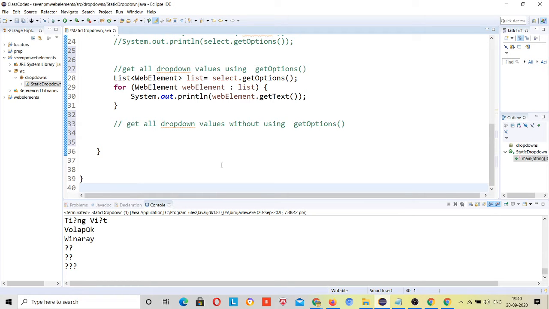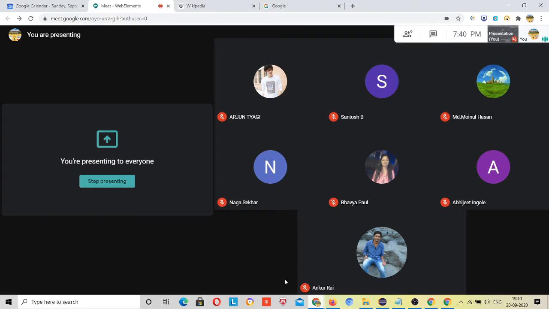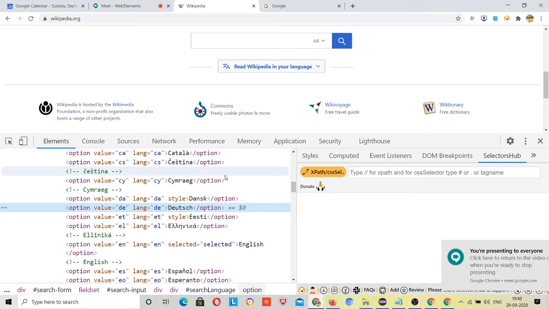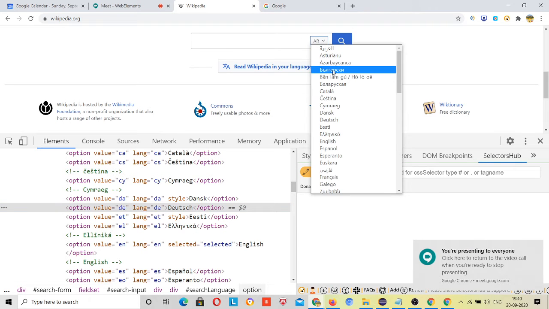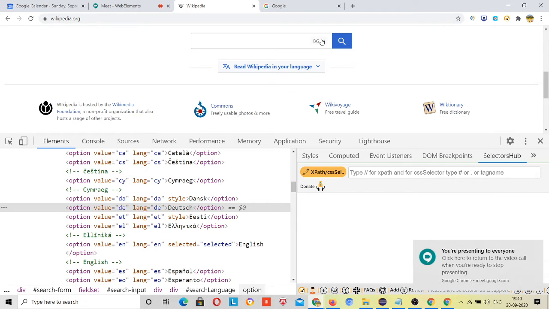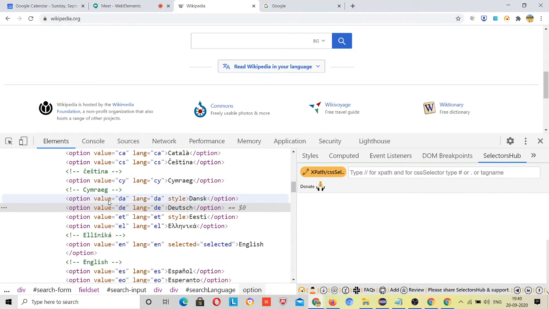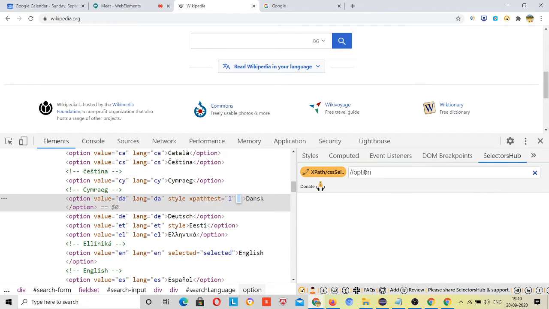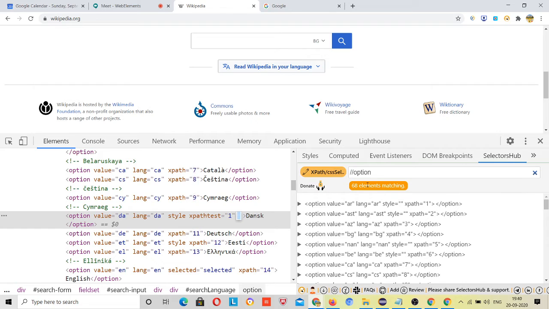You have to store all web elements, like this. Suppose here I right click options, right? Suppose this is option, this is your option type, double slash, 68 elements present. I want to get all these, right? So just copy this.